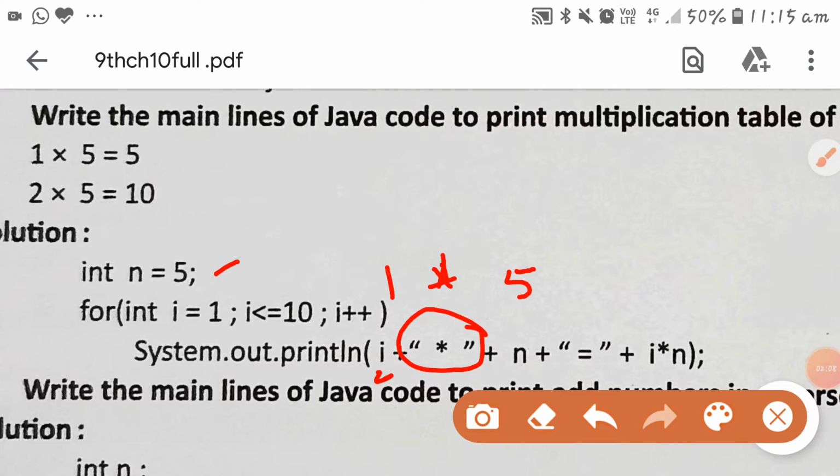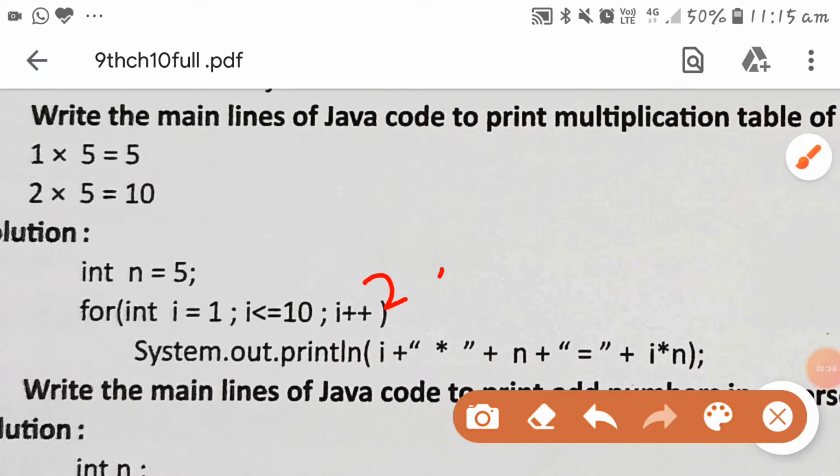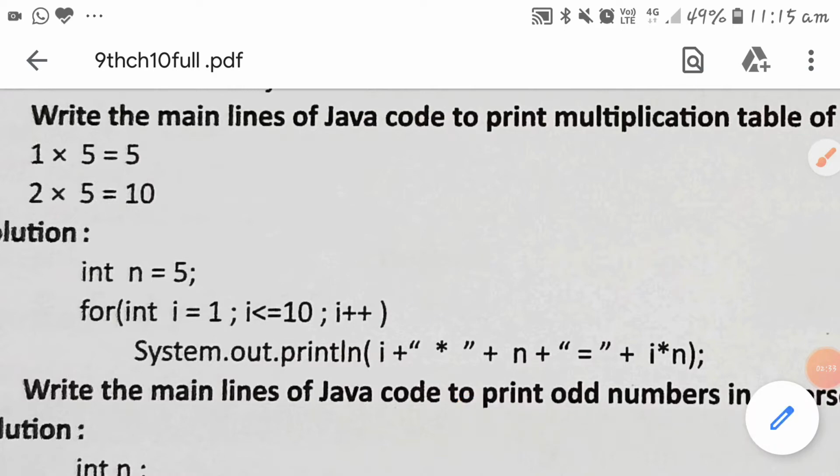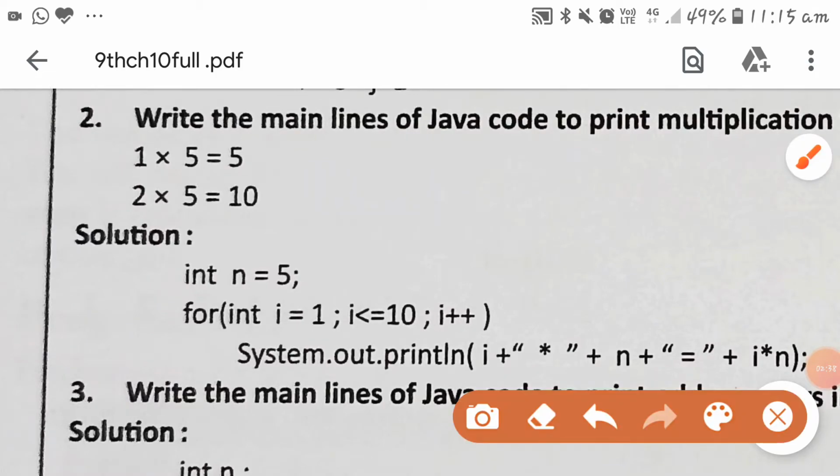Okay, i is 1, then multiply sign, n is 5, then equal to sign will come on the monitor, and after that i multiply n. So the answer is 5, 1 multiply 5, 5. And when i becomes 2, then i is 2, then multiply sign, then n is 5, then equal to sign, then answer 10. So in this way, this is the code for writing this.